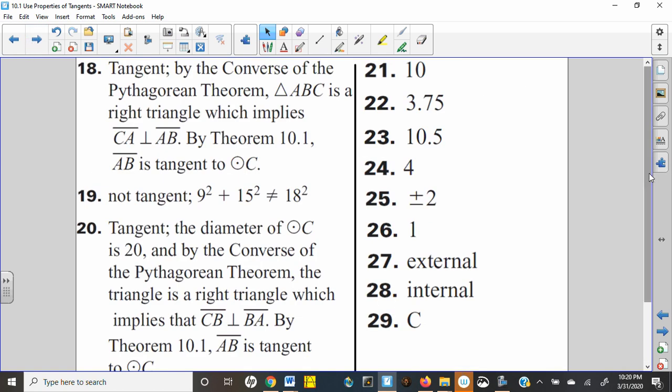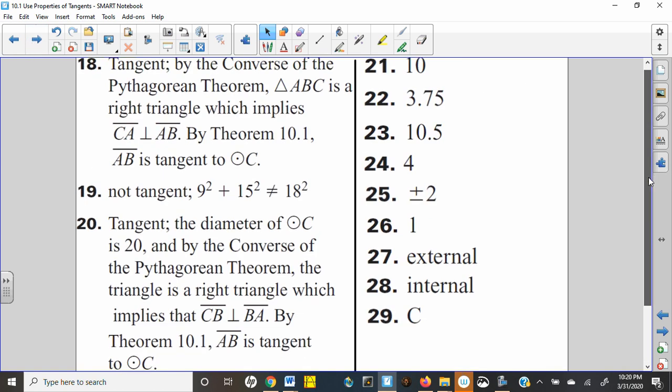18, 19, and 20, 21 through 29. Once again, pause it, look over your answers, see how you did. And now we'll go over